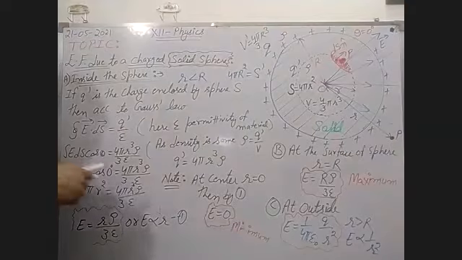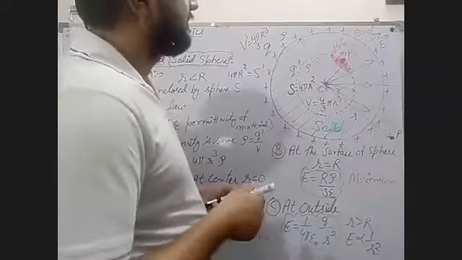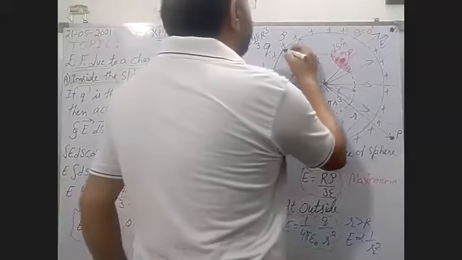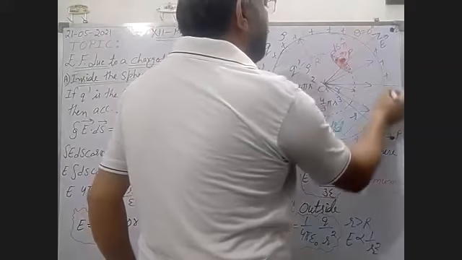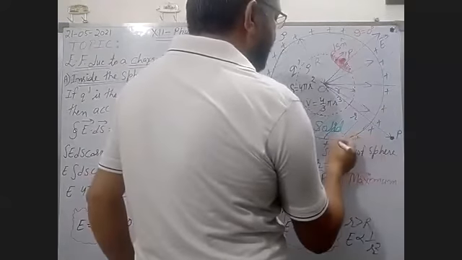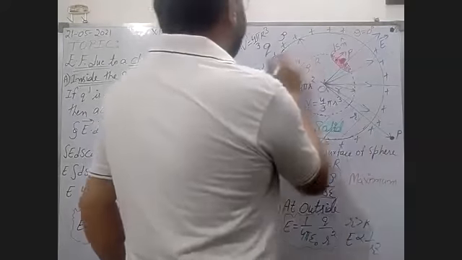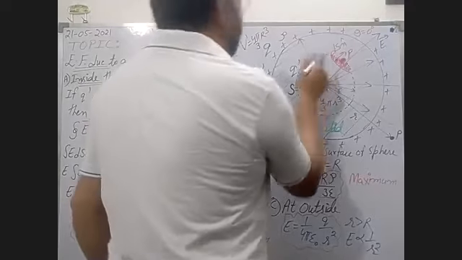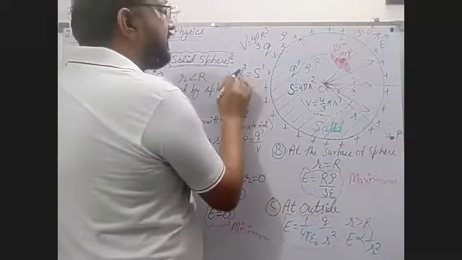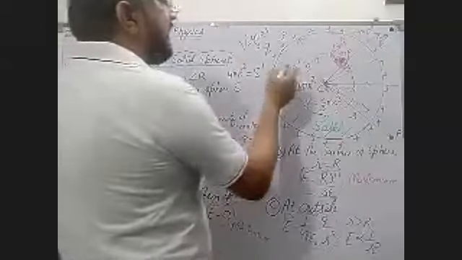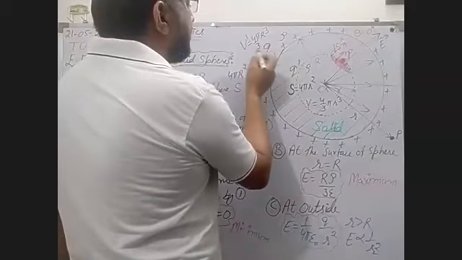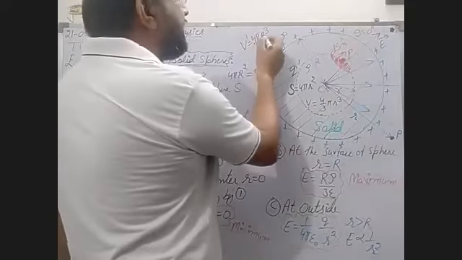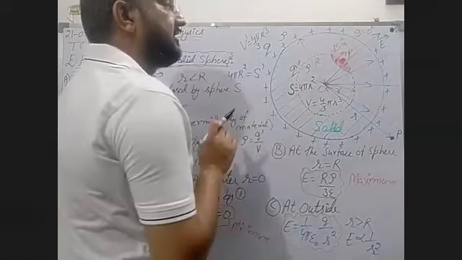Firstly, you have to study this diagram. In this diagram, let us consider a sphere. This outer sphere is S dash, and its radius is capital R. So the surface area of this is 4 pi capital R square, and in this way you can take its volume also. This is S dash, this is V dash. The volume V dash of this sphere is 4 by 3 pi R cube.